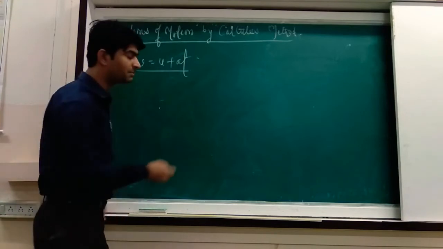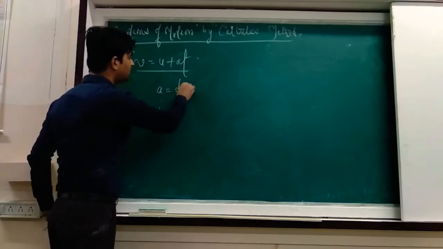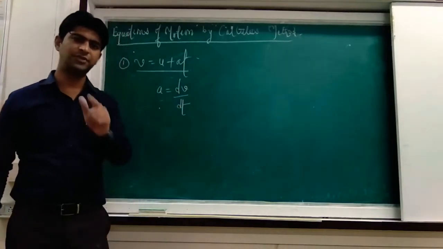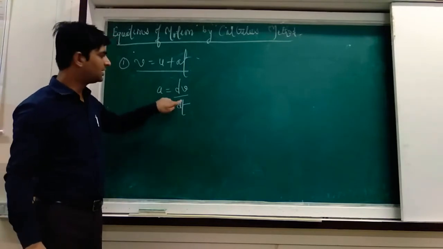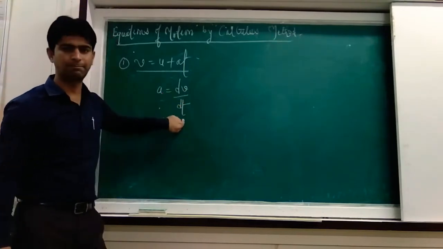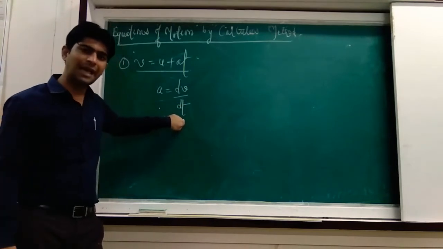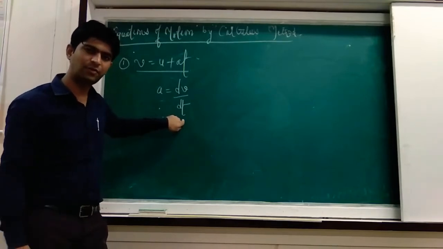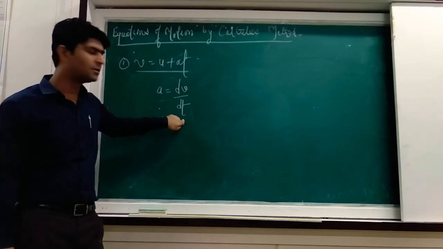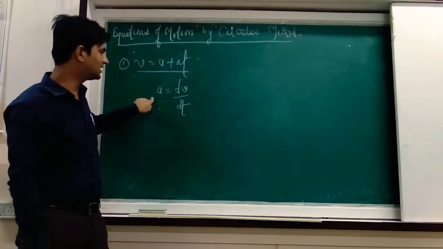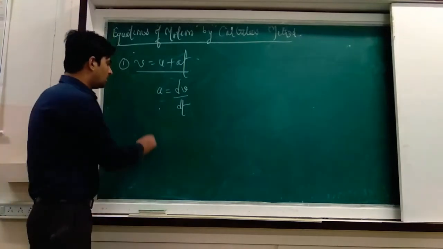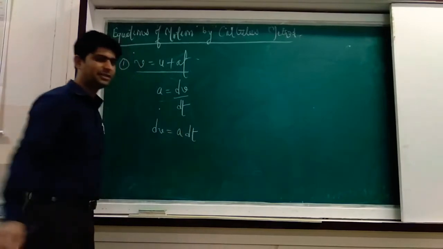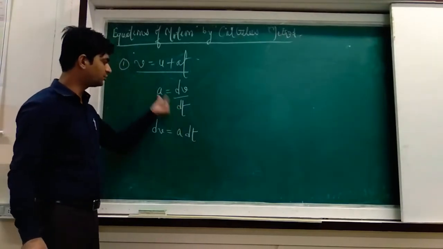In terms of differentiation, it may be written as A is equal to dV by dt. This is the definition of acceleration, rate of change of velocity. We pronounce this as differentiation of velocity with respect to time. We discussed this when we talked about the calculus method, how to find the integration and differentiation of x to the power n. So acceleration is the rate of change of velocity, that is A is equal to dV by dt. From here you can write dV is equal to A dt.